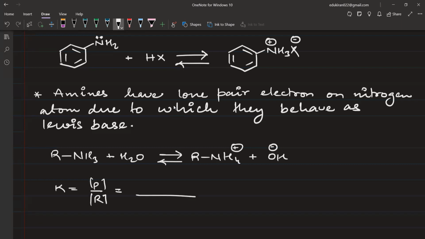In the product case, we have RNH3 positive and OH negative. In the reactants, we have RNH2 and H2O. Now, since the concentration of H2O is